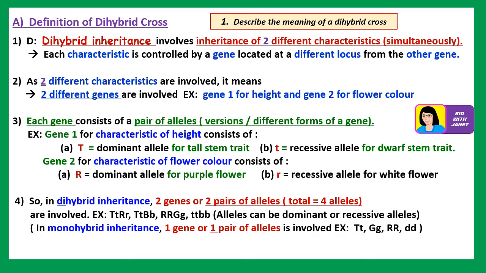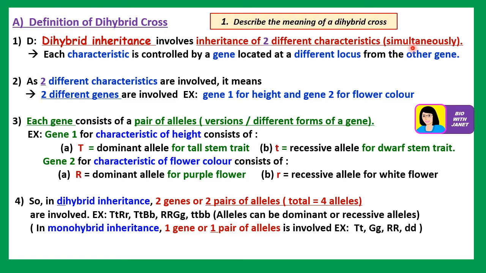Now, our first learning outcome is to describe the meaning of a dihybrid cross. Okay, so here we define dihybrid inheritance according to the textbook. So it's related to the dihybrid cross. Okay, so what's the meaning of the word di here? It means two. Two what? Two characteristics. Okay, so dihybrid inheritance involves the inheritance of two different characteristics which are studied together at once, or